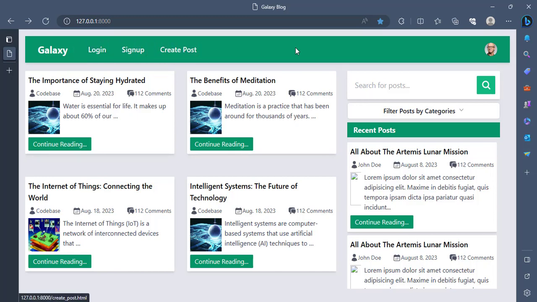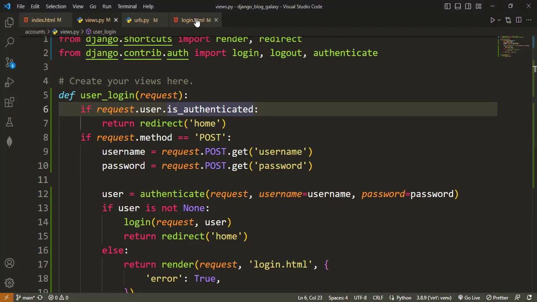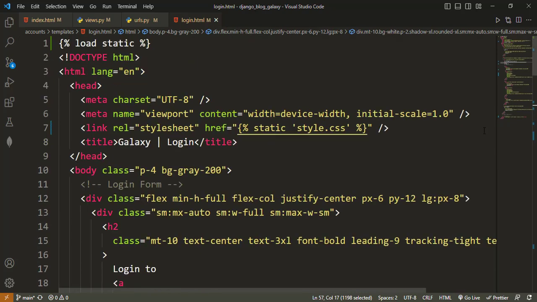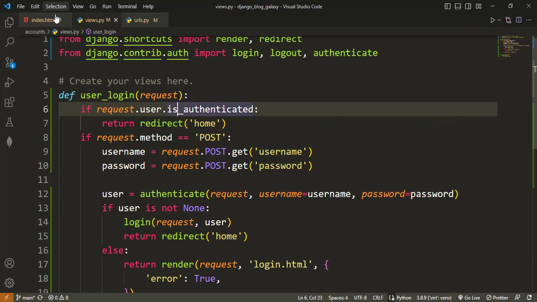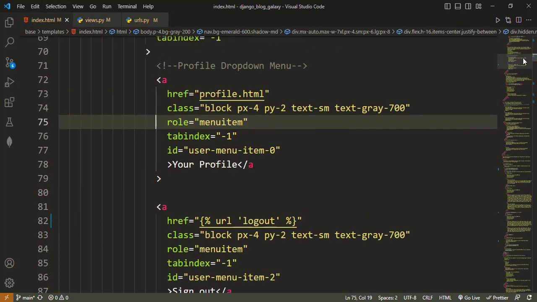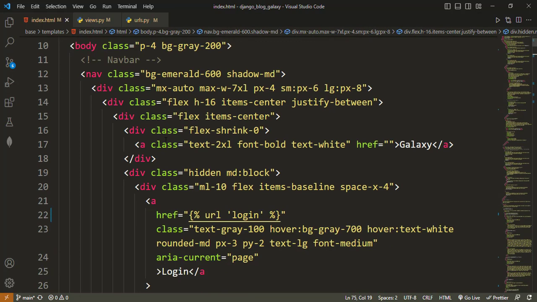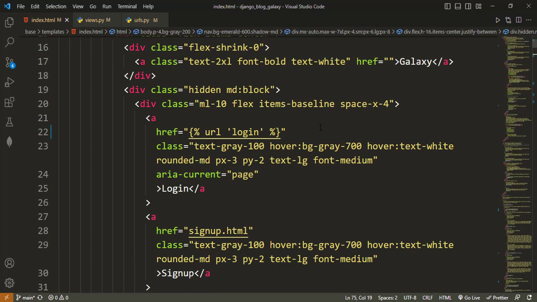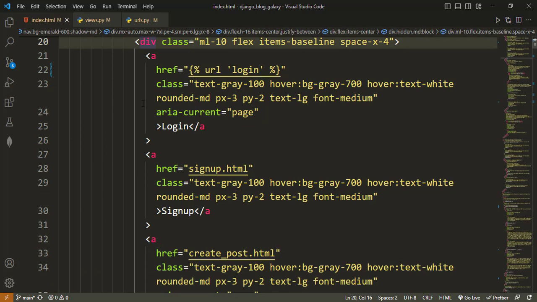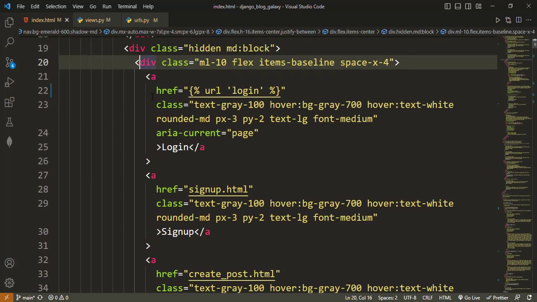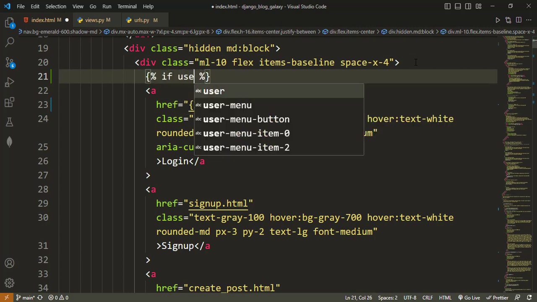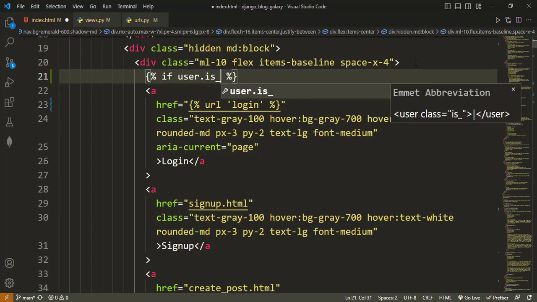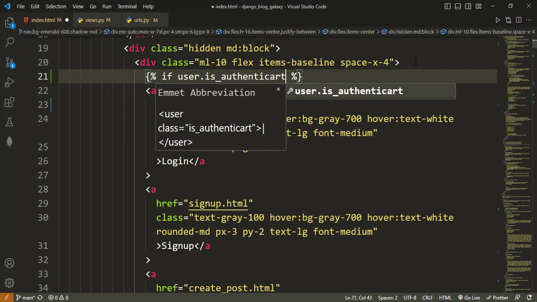Now let's do the dynamic rendering of the navbar based on whether the user is logged in or not. We will do that from here. Where is our nav? No, this is login.html. We are looking for index.html. Okay. This is where the links are. So we can check if user.is_authenticated,